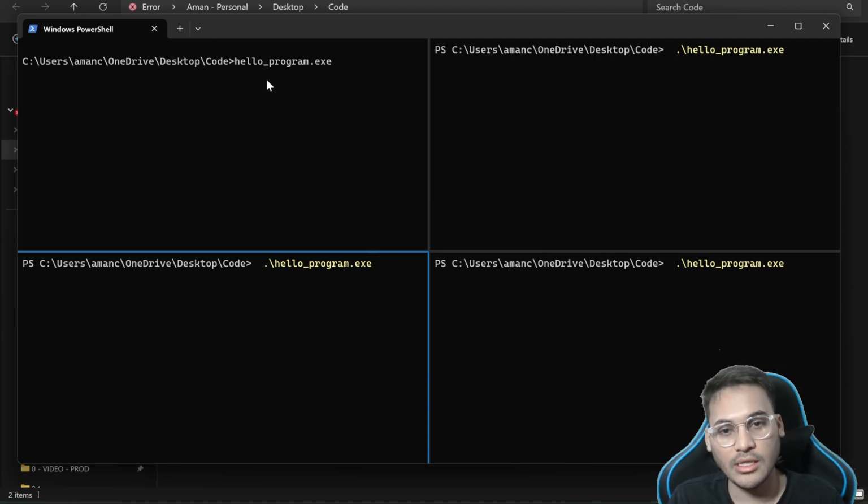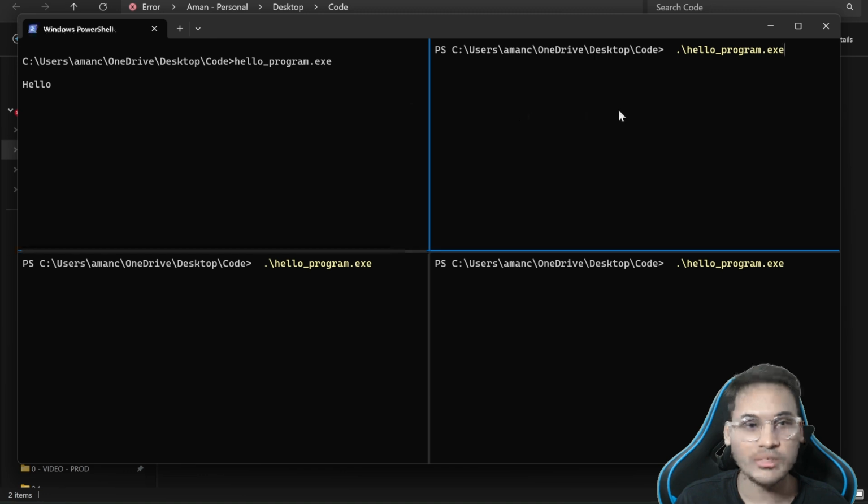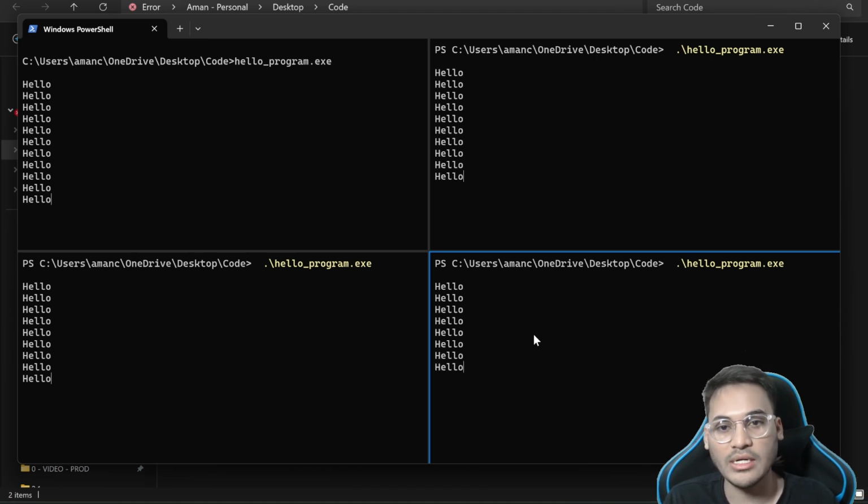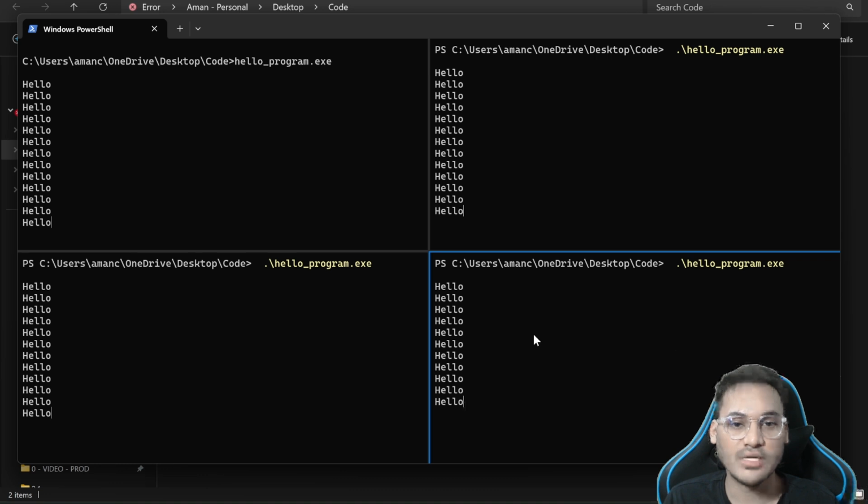And the point is that these 4 instances, all of this will be unique, right? So let me start the programs. As you can see, we have now 4 different copies of the same program running at the same time. Hello is being printed, and it is sleeping for 1 second in each of these